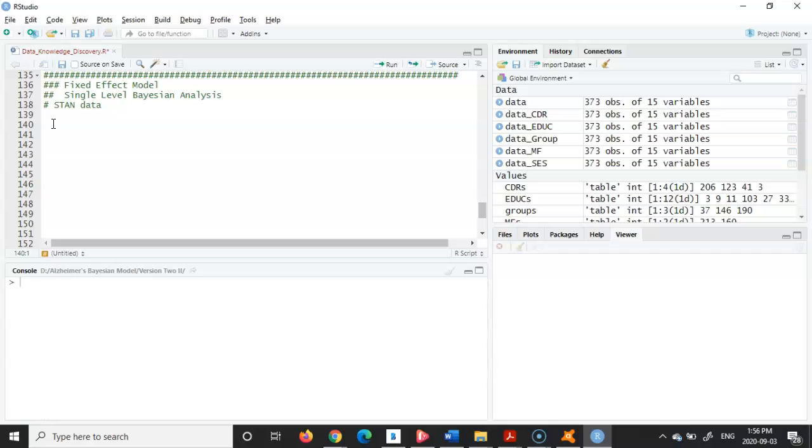to specify the data sets. In order to do that, I'm going to call it data stan. I'm going to call that model A, because that's going to be the first model that we work with. I call that model A, which refers to our fixed effect single level Bayesian analysis in Stan. The data sets, you remember, the input for Stan, from the previous course which I had on probabilistic programming with Stan,